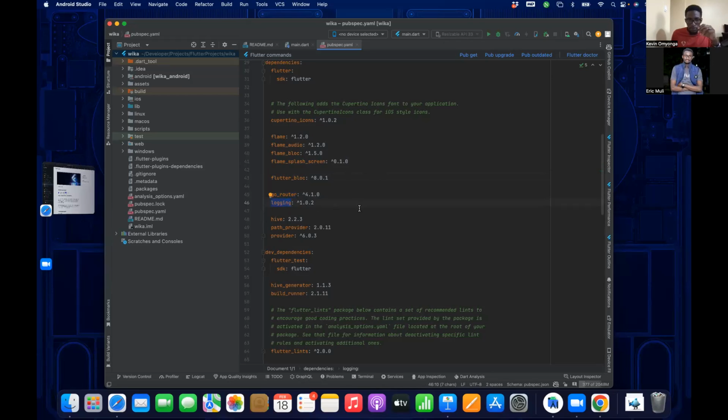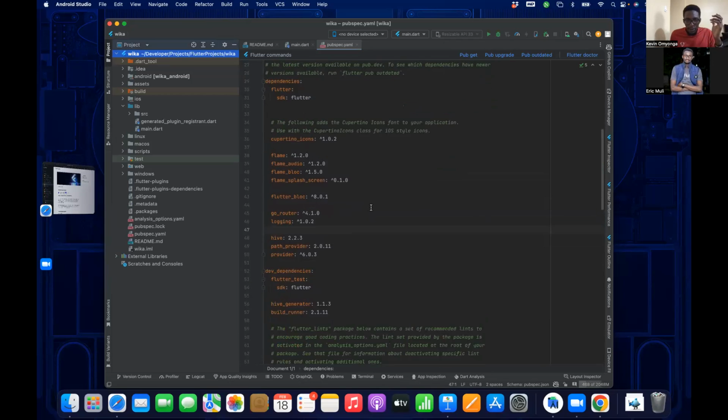Logging for, well, logging. Hive was for the database where I was supposed to store the high scores. And then the providers. I honestly can't remember why I put these two in. I think I might have messed up, but yeah.